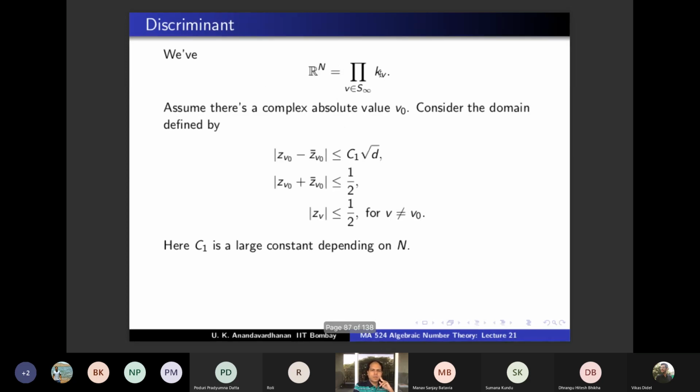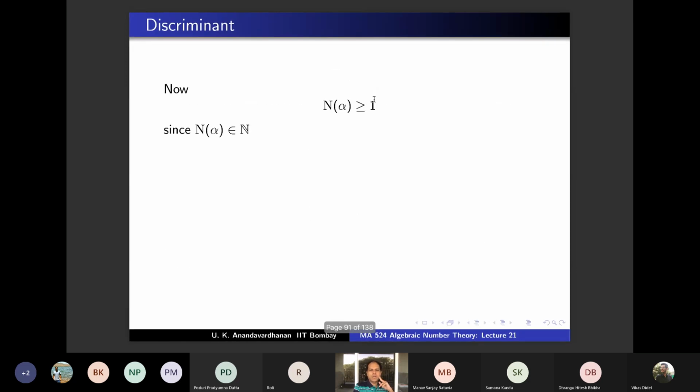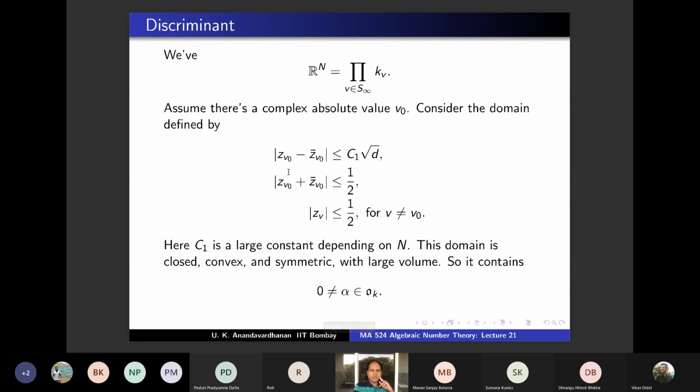Because we know that the absolute value of alpha V naught is bigger than 1, because norm alpha is bigger than 1. We have used this in order to show that